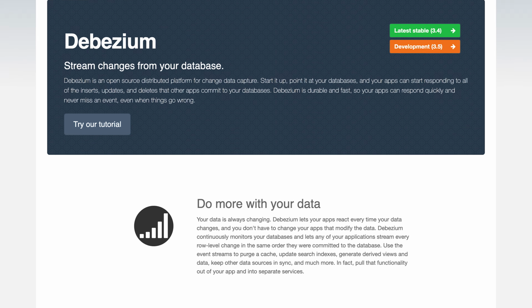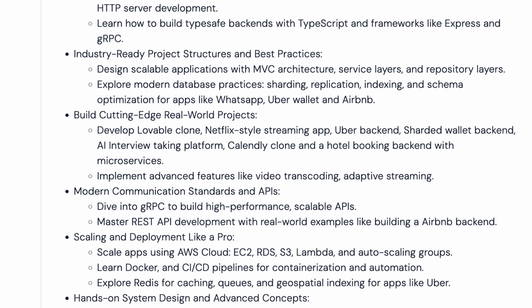This is going to be a lot of interesting deep concepts around change data capture using, let's say, Debezium, concepts around Elasticsearch and whatnot. I'll put a complete list of all the topics that we are going to cover in the description section below, but this is going to be a power-packed course around backend engineering, first principles of backend engineering using Node.js, and we are going to make sure that we use a mix of JavaScript along with TypeScript.